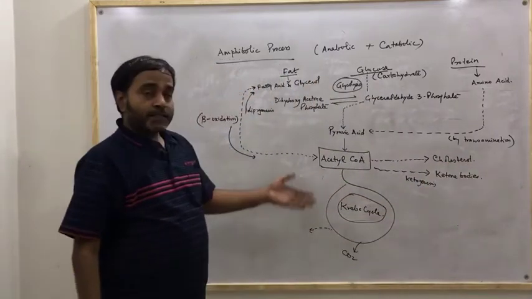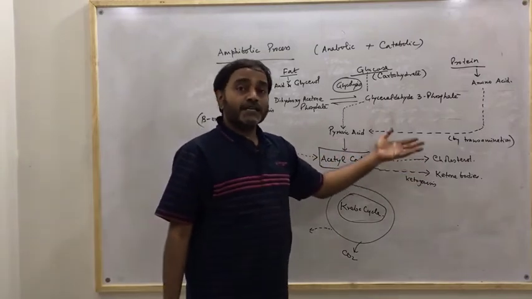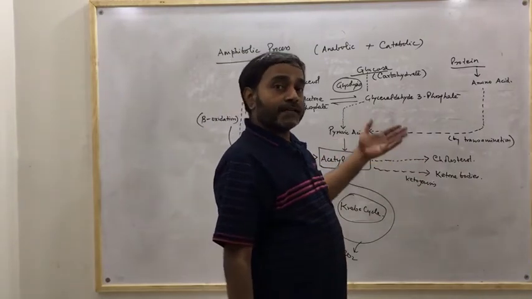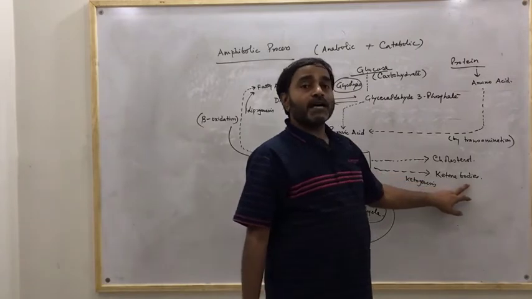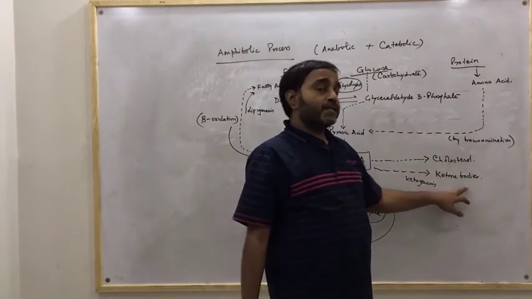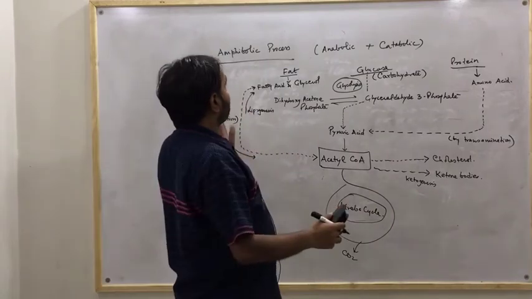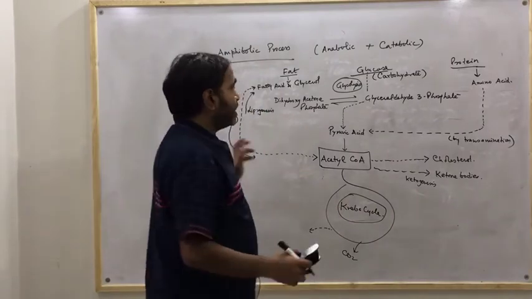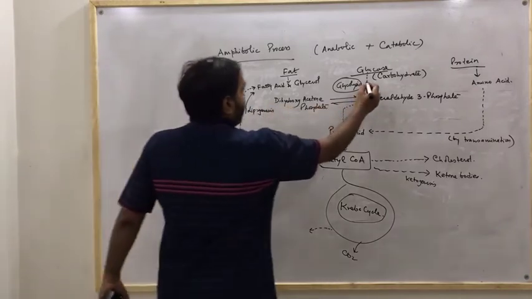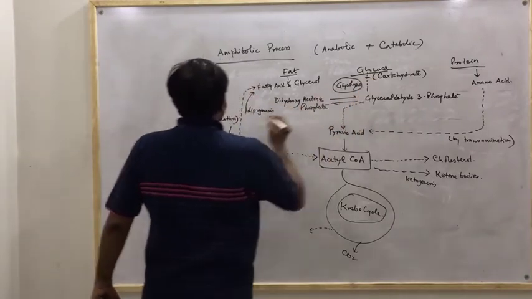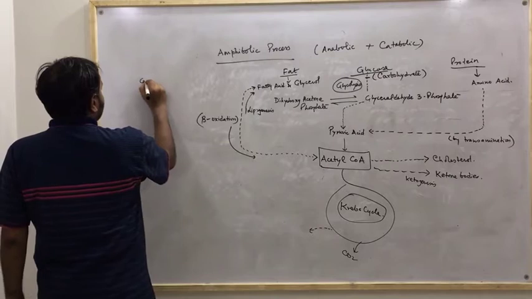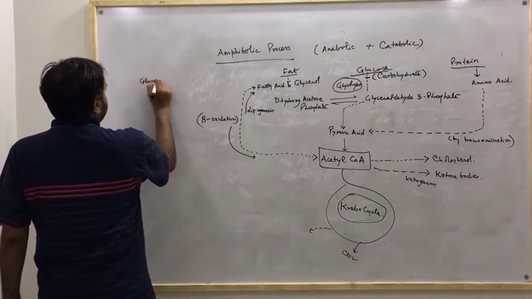Cholesterol forms the basis of the synthesis of certain hormones which are steroids and other compounds, while ketone bodies are required in the brain to provide energy. So different things are occurring. That's why together it is called an amphibolic process. And I already told you that from glucose lies the molecule glucose 6-phosphate.